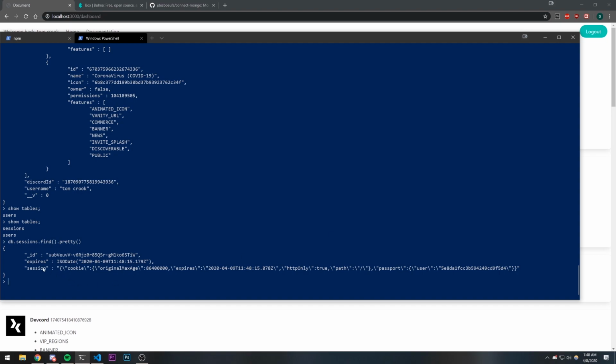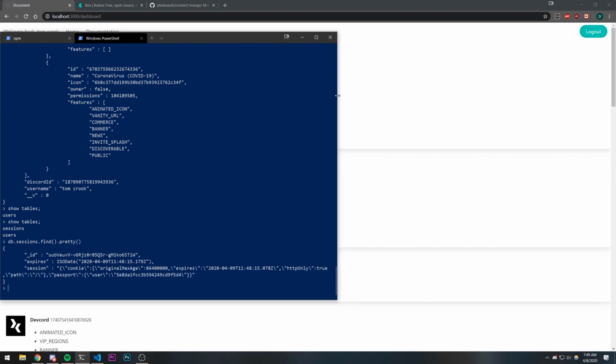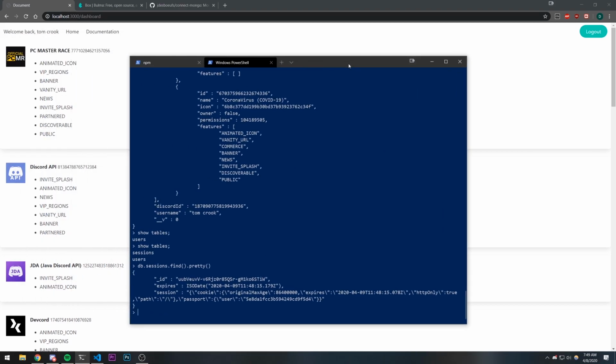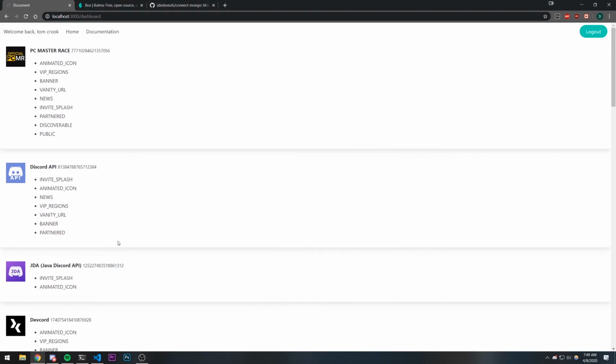It literally has all the information. It has the cookie, the original max age, when it expires, HTTP only, path, passport, and it has the passport property here too. Right now this is in a stringified JSON format, so underneath the hood, it's going to take the session, parse it to JSON, and find the correct session for us,